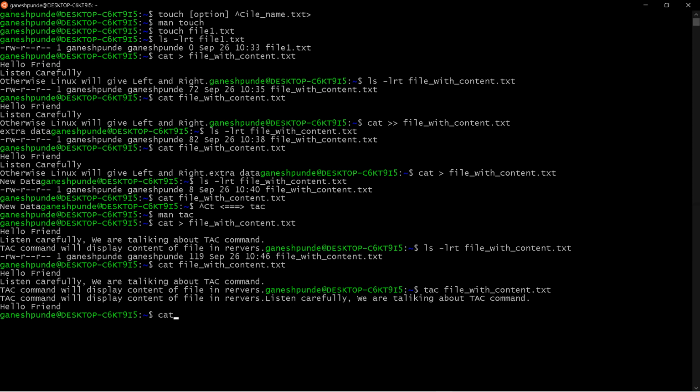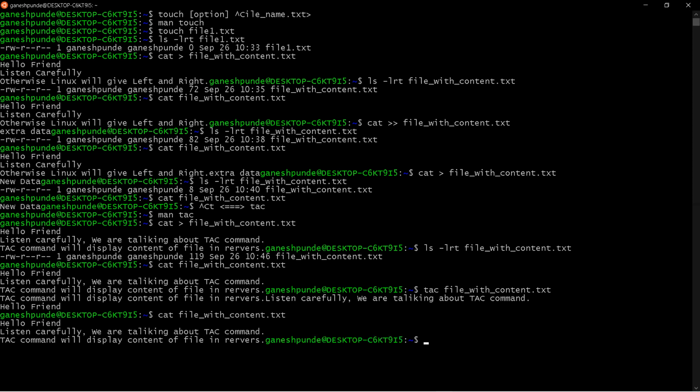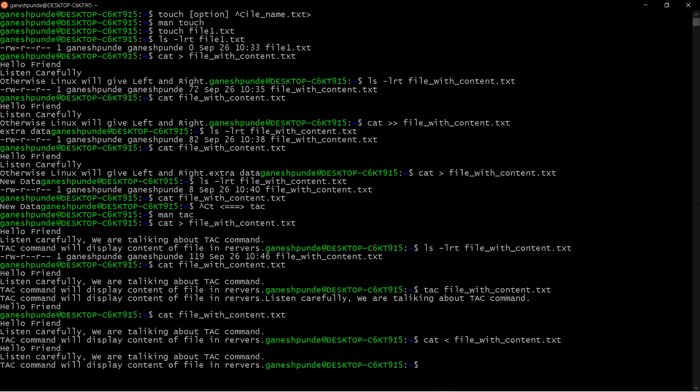Normally you use cat file, this one, right? This will show you the content of the file. But you can also use the less than operator and give the file name. Even this will show you the same.